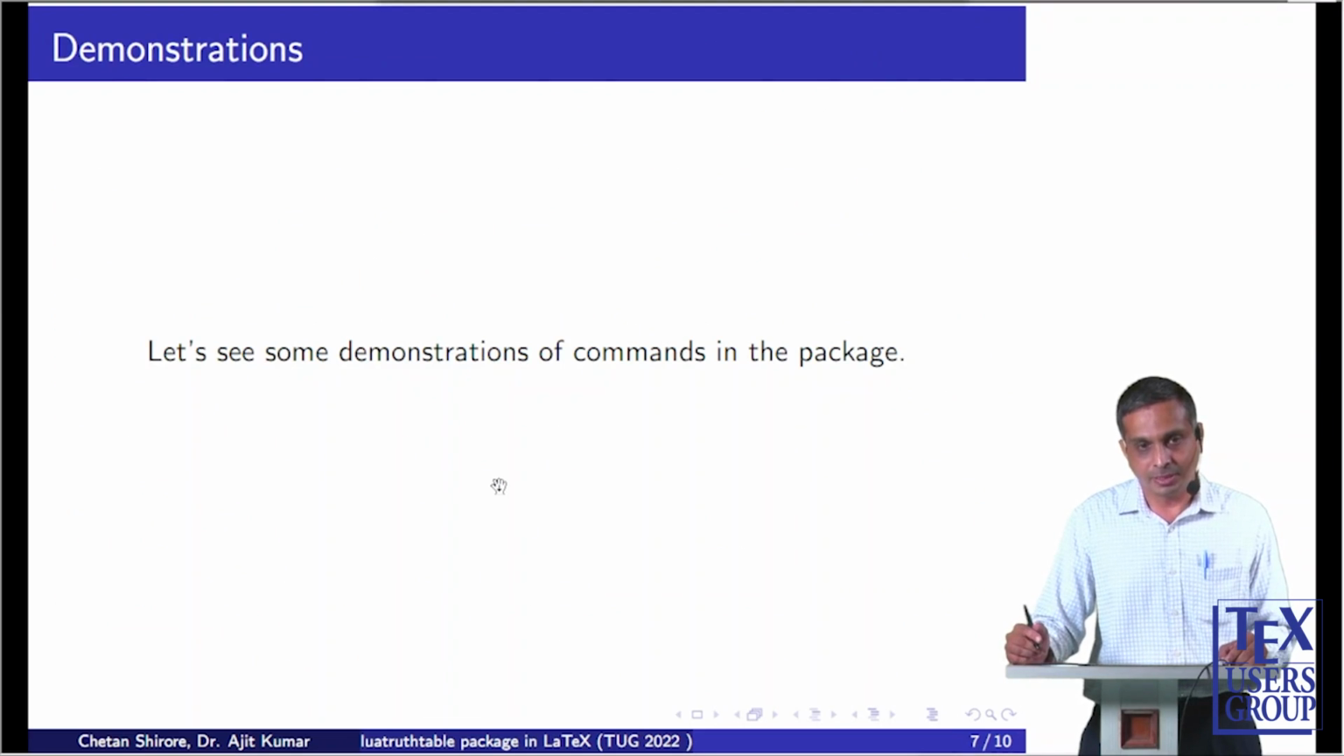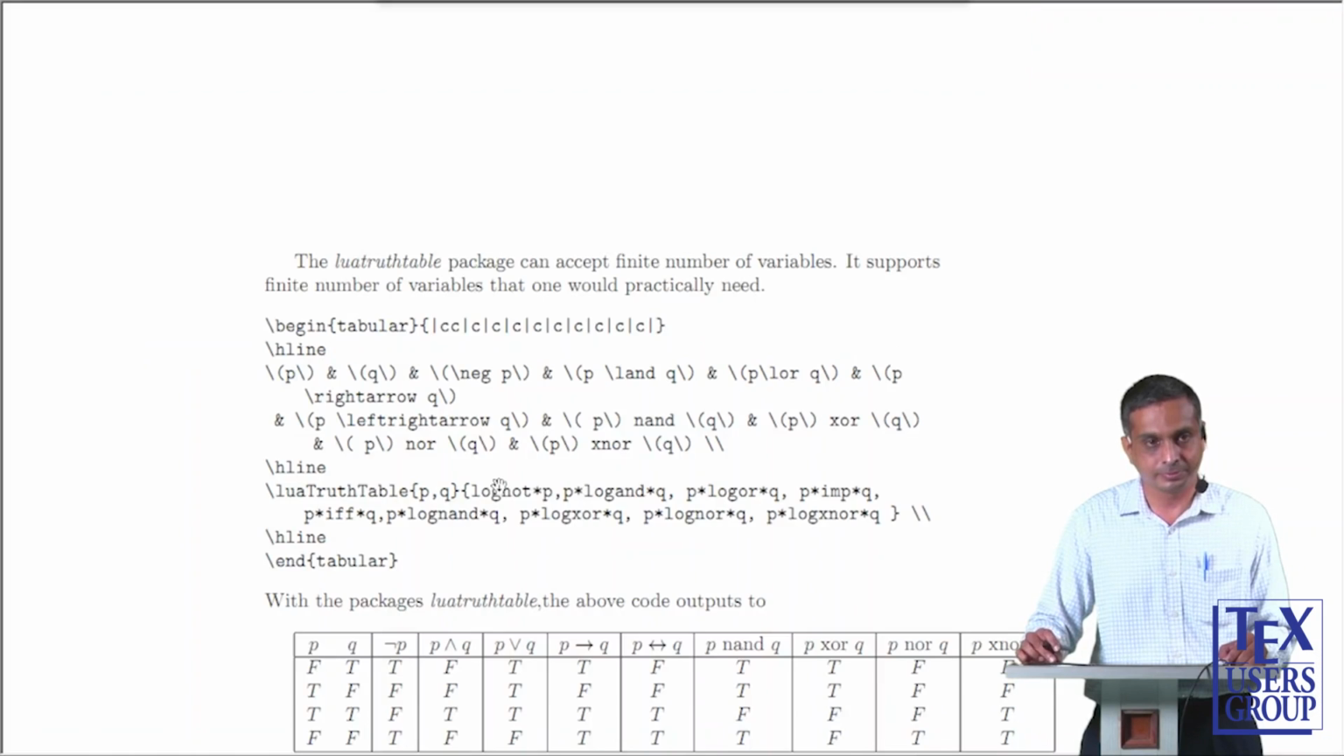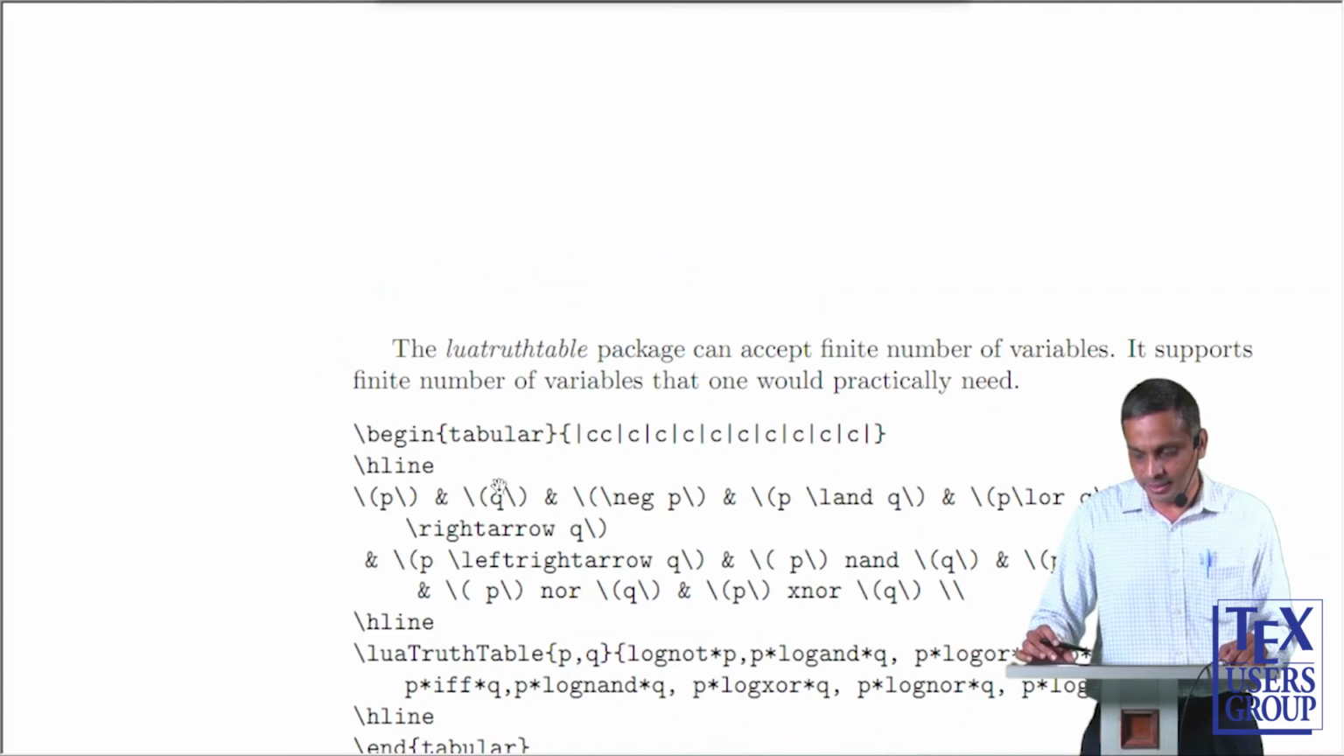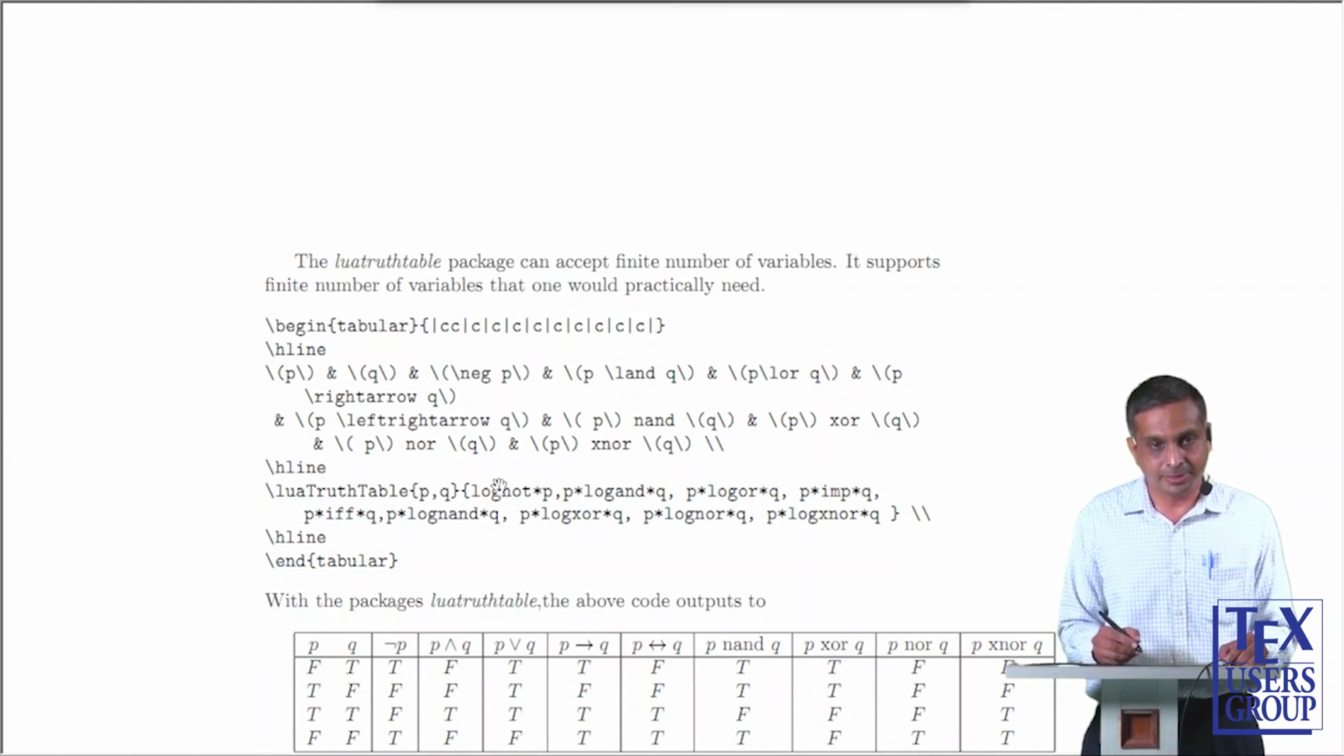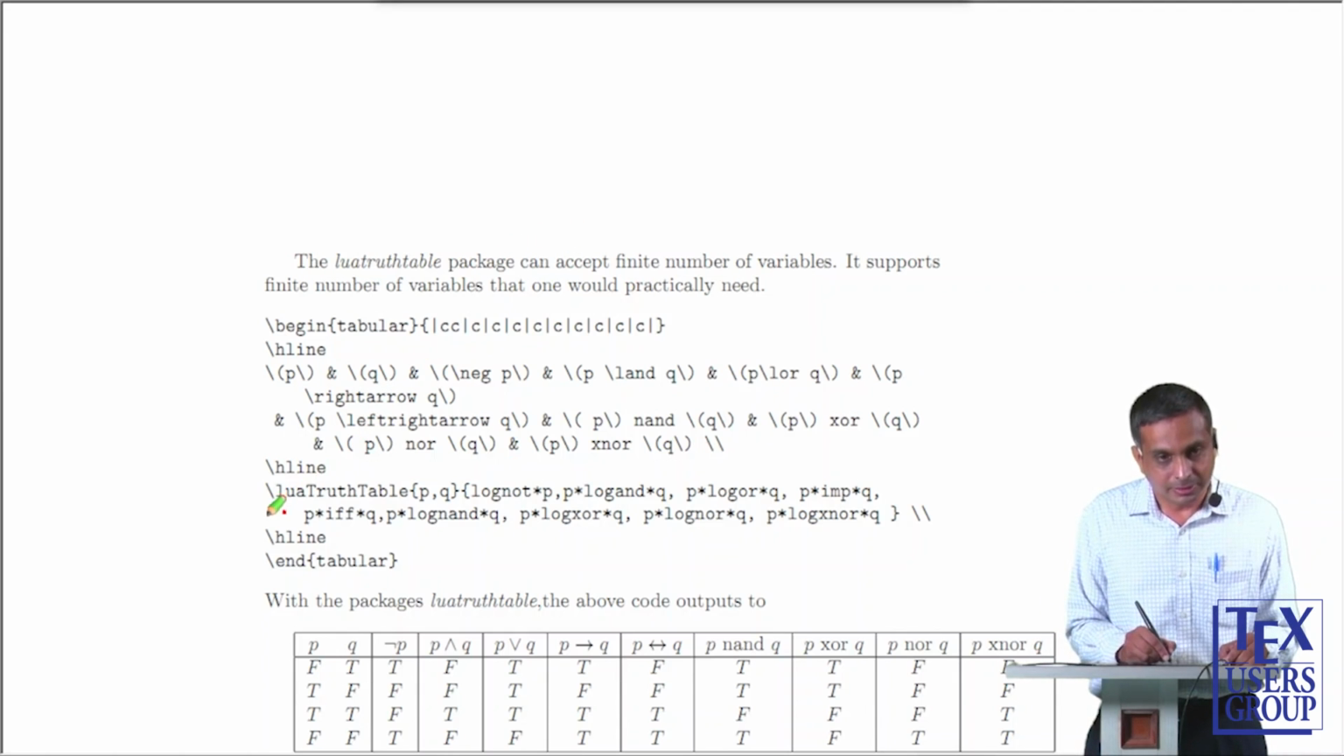Let us see some demonstrations of commands in the package. The luatruthtable package can accept a finite number of variables. It supports a finite number of variables that one would practically need. As an example, here is the command /luatruthtable. This command is followed by